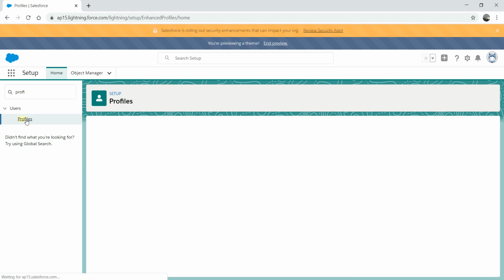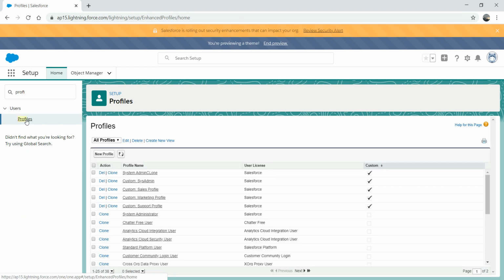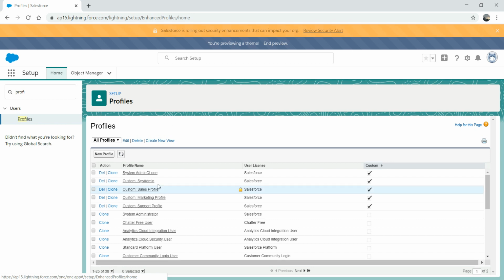I wanted to make this lecture short so that you understand what I'm trying to cover, because I don't want it to cover a lot of information and overwhelm you guys. Security is very critical, and I wanted to show you what you can achieve using different profile settings. Okay, all right, so let's go to the system admin